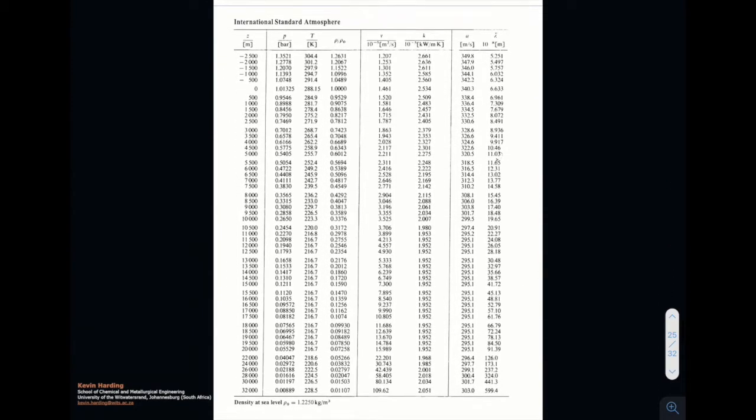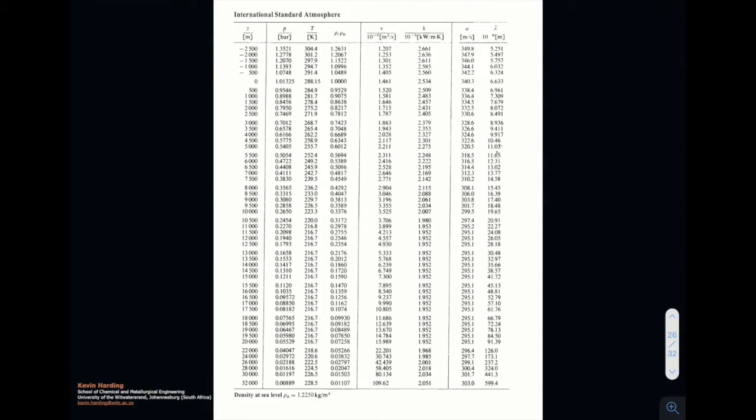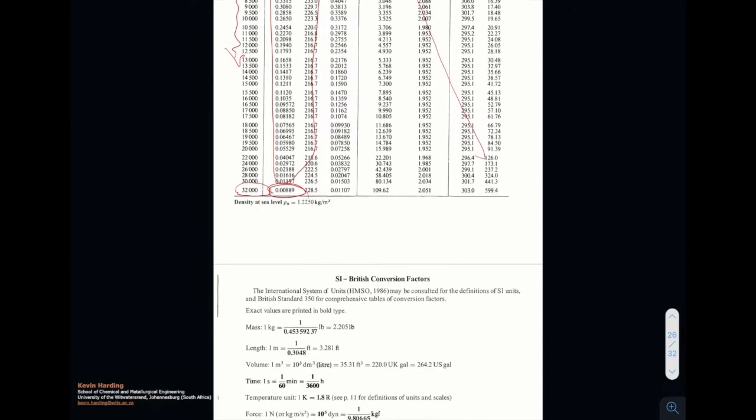So that's page 23. On page 24, if you're ever interested to know what the pressure is at the coast, Z is the altitude above sea level. So if you are at the coast, the atmospheric pressure is 101,325. If you come up to Gauteng, or if you go up Everest, as you get higher and higher, what is the air pressure? If you're going all the way up to something like 32 kilometers up, the pressure gets really low. So we've got the sets of pressures in this table. We also have some other information which I'm not going to worry about now because we don't use it in this course.